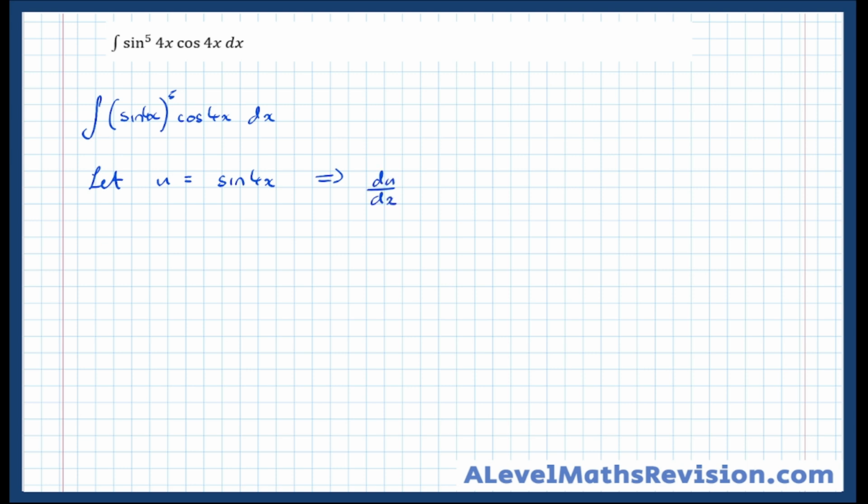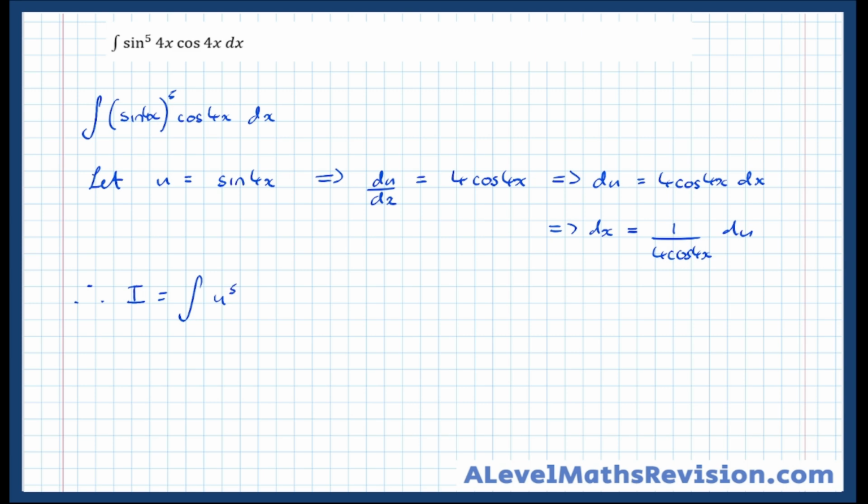Which means that du by dx equals 4 cos of 4x. Which means du equals 4 cos of 4x dx. Which means that dx equals 1 over 4 cos of 4x du, just like that. That then transforms our integral to be the integral of u to the power of 5 cos of 4x, and replacing the dx with 1 over 4 cos of 4x du. Cos 4x over cos 4x is just 1,